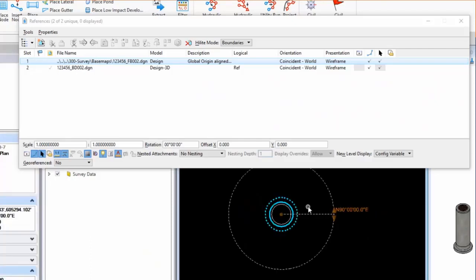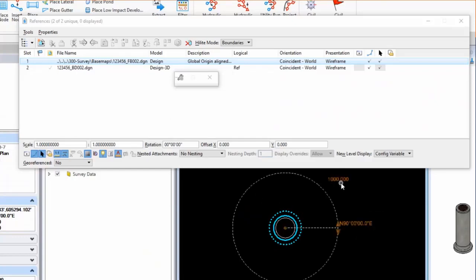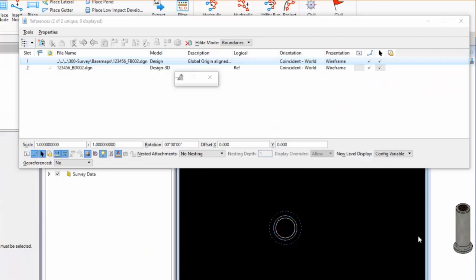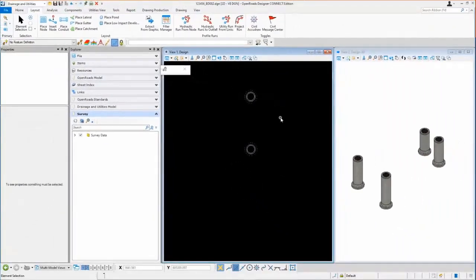If I select that, it has some properties like the rotation and the elevation. For a round catch basin, it doesn't really matter, but if this were a square catch basin with a big vault underneath it, I may want to rotate that into a proper orientation. That's what this cell is used for, to manipulate the rotation of these 3D graphics. So that's just an overview of the process to extract the structures. In the next video we'll take a look at how we can connect the pipes up.